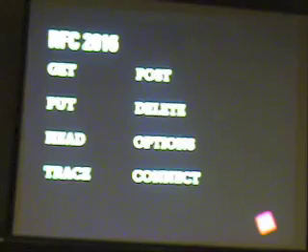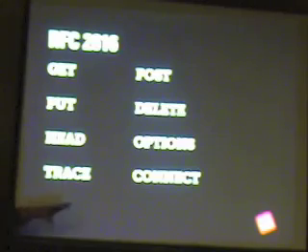So the methods that RFC 2616 defines are GET, PUT, POST, DELETE, HEAD, OPTIONS, TRACE, and CONNECT. I'm going to talk about GET, POST, PUT, DELETE, and HEAD today. These others I won't really cover. OPTIONS is for information. TRACE and CONNECT, you mostly would use when dealing with proxies, but I've never really used them in practice, and so you probably won't either, unless you're doing something special like